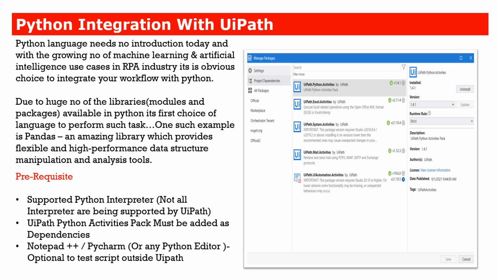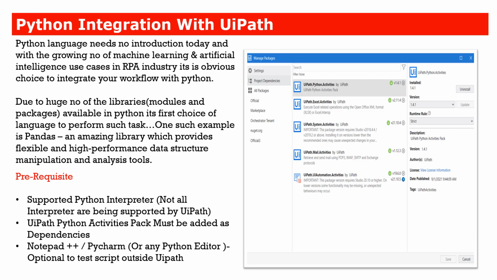Another such example is the Pandas library, which is an amazing library providing flexibility and high performance on data structure manipulations. Similar to what we do on data tables, we should be able to perform any kind of operations on tabular data using Pandas. And that's really efficient and faster in performance.